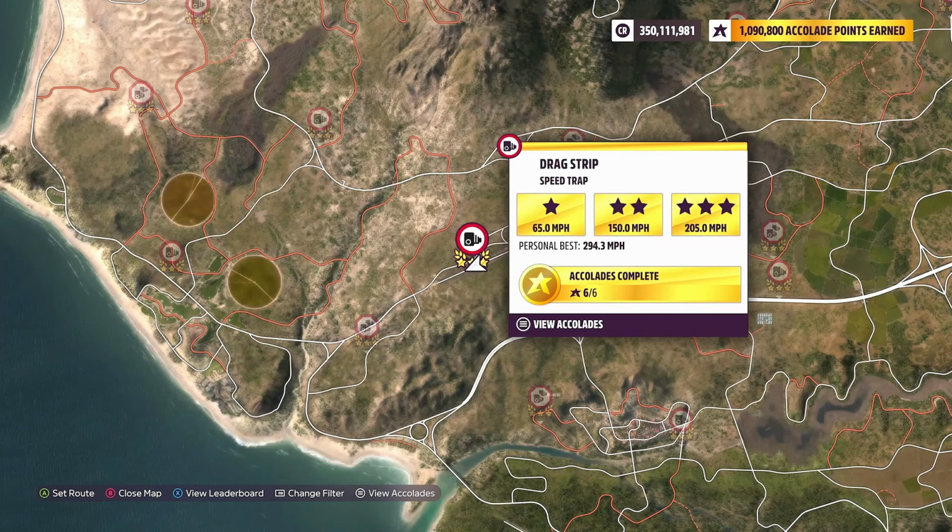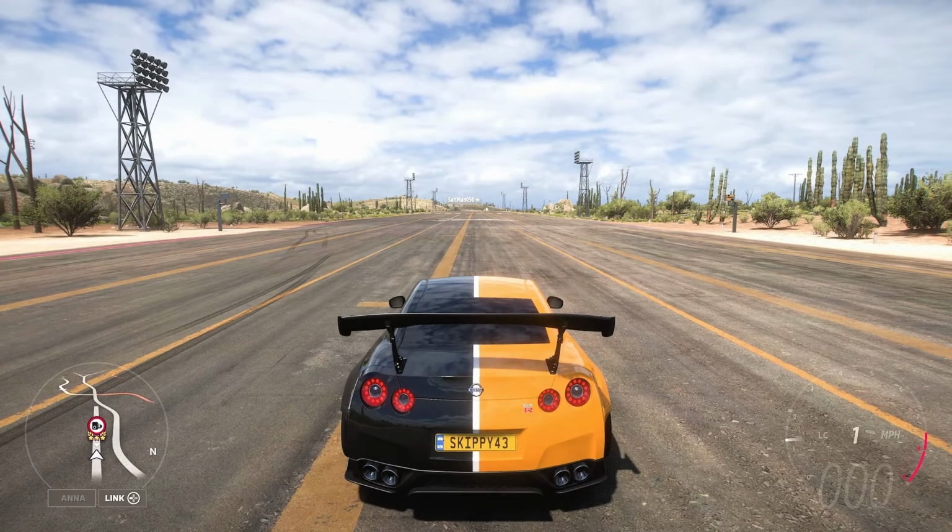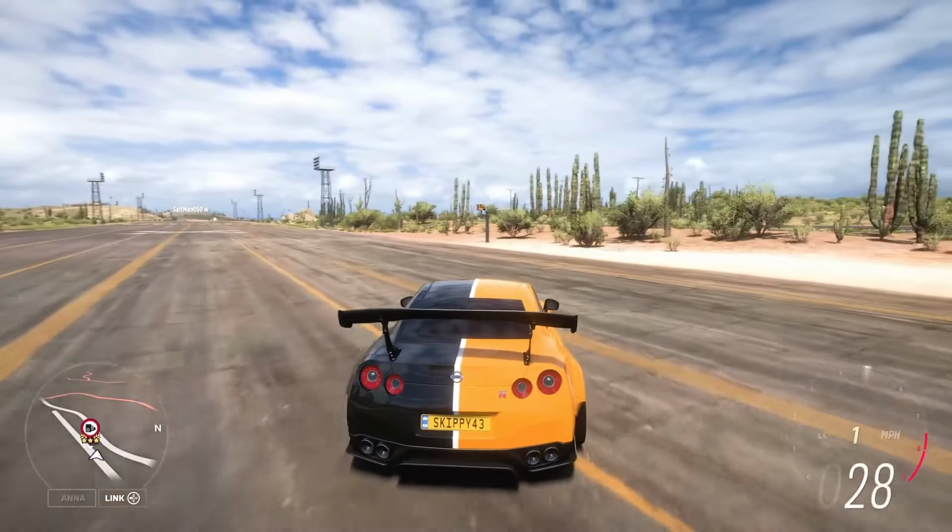We're going to use the drag strip speed trap and we're going to smash the cameras there to see if it works or if we need to use a speed zone. So we'll use the speed trap first and see if that works. So here we go then, let's smash some speed cameras. So if I go ahead and smash this one,